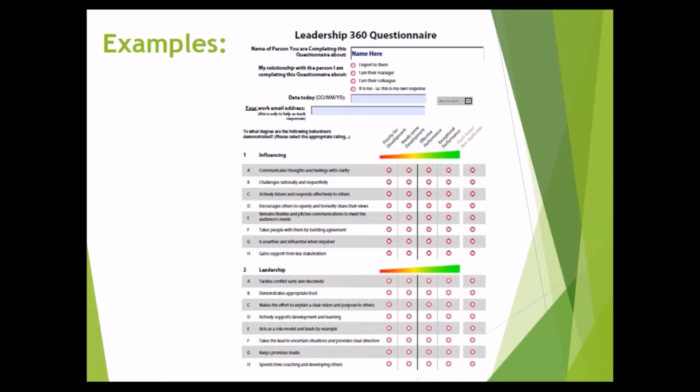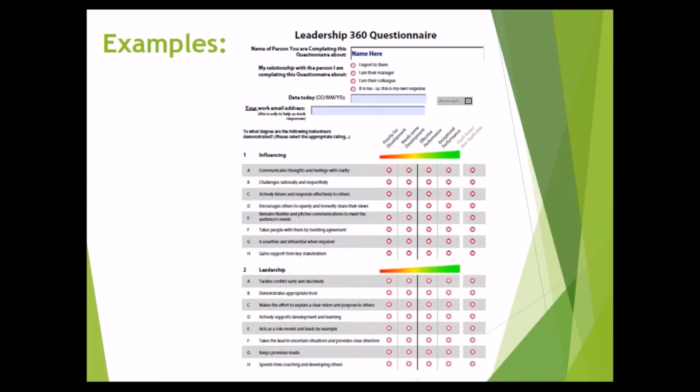The phrasing for the scale varies considerably. It might be something they show a lot, or they don't show at all, they need to show more of this. So the language can change depending on the organisation or the team needs. But ultimately the person has to go through, fill in all of these question items, and then submit the form back, and we collect all of the data and generate the reports.